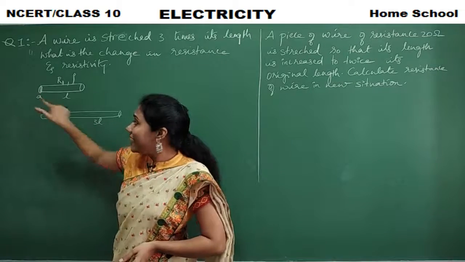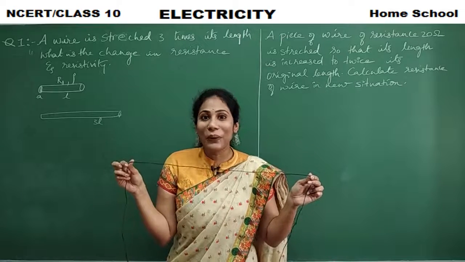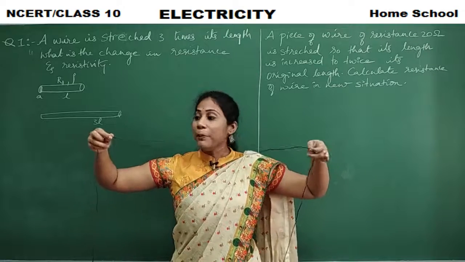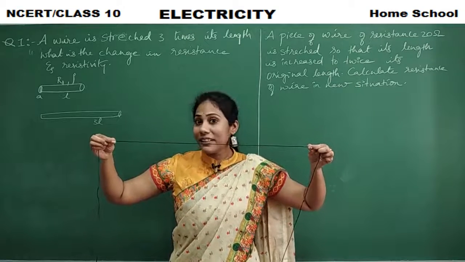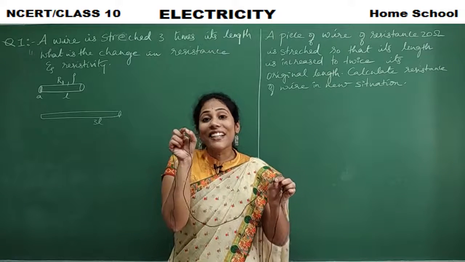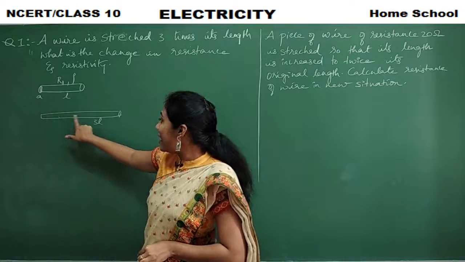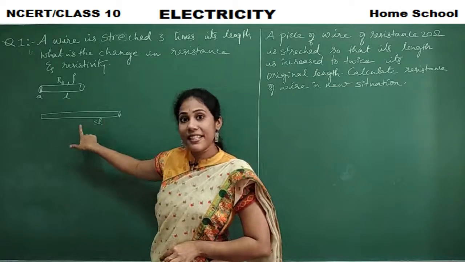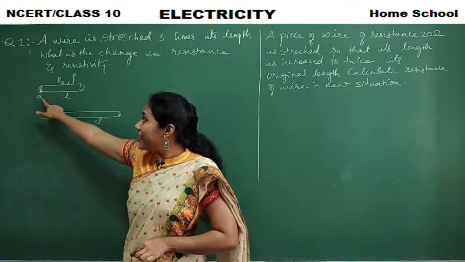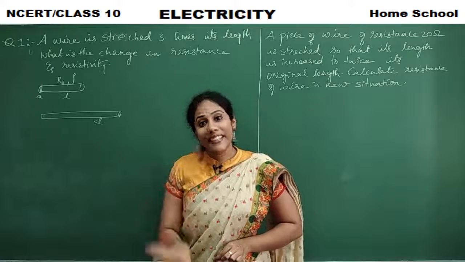And what would happen for the area? Will the area of cross section remain the same? Definitely no. If it is a fatter wire, imagine a stretchable wire. The moment I stretch, the wire would become thinner, right? Wire becoming thinner means the area inside is also becoming less. So definitely when I increase the length by 3 times, I wrote it as 3L. What happens automatically here is a change in area also takes place. So area will decrease by 3 times, guys.